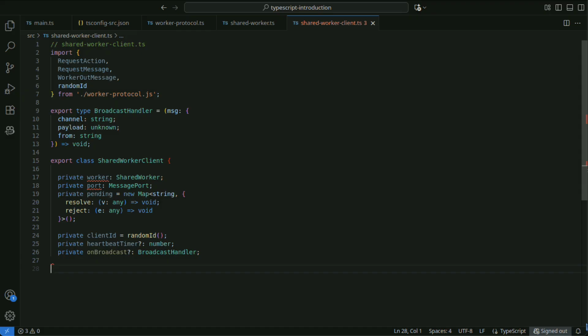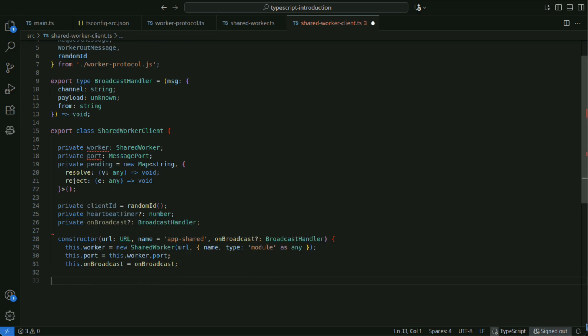These variables hold the client identifier, the timer for sending heartbeats, and the broadcast reception handler. In the constructor, it initializes the connection to the shared worker and sets up message listeners and heartbeat sending.